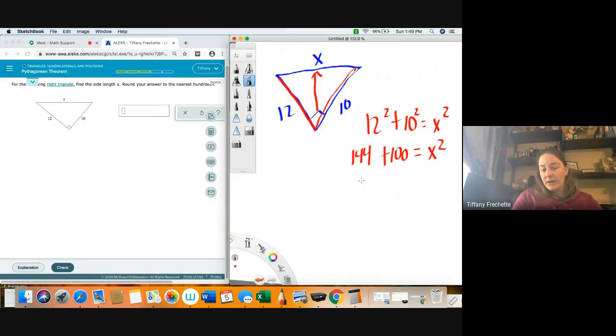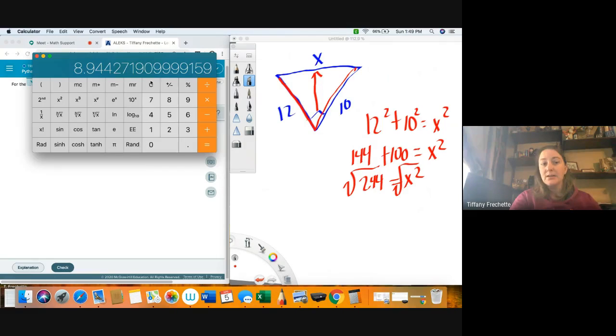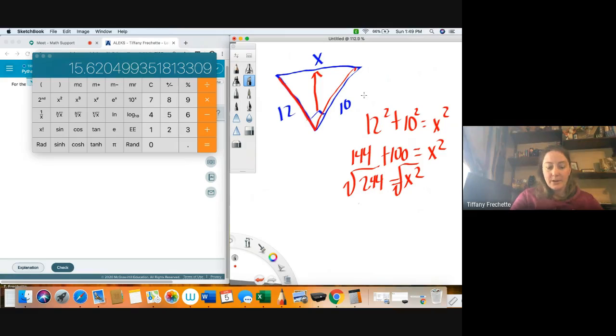If I add these two together, I get 244 equals x squared. I want to take the square root. Again, I know my squares pretty well. I know that this does not have a square root. If you didn't have your squares memorized, no big deal. You can always have the calculator out anyway. So I have 244, and I'm going to take the square root of that. So I'm going to end up with